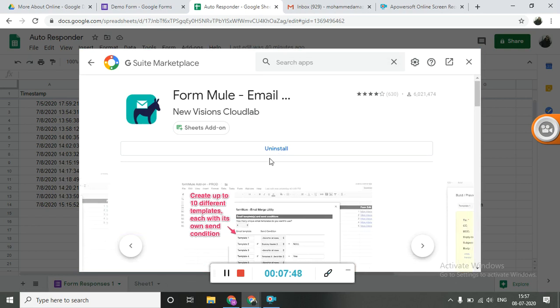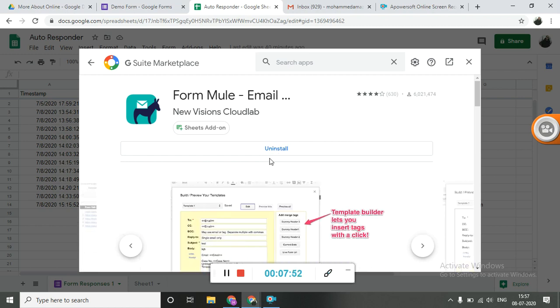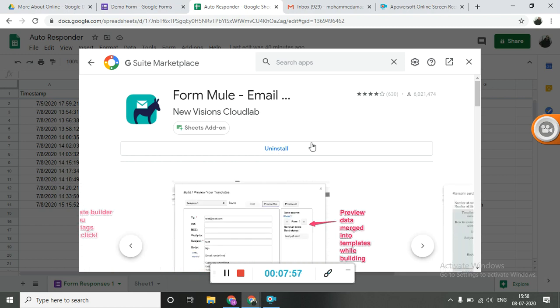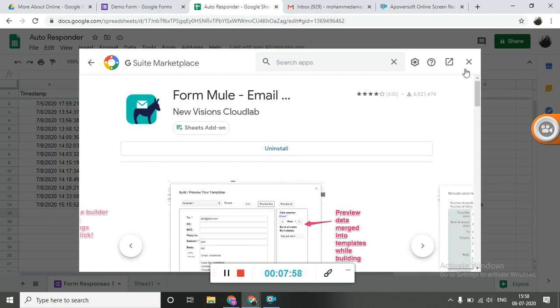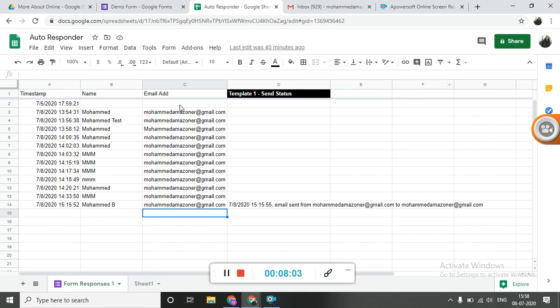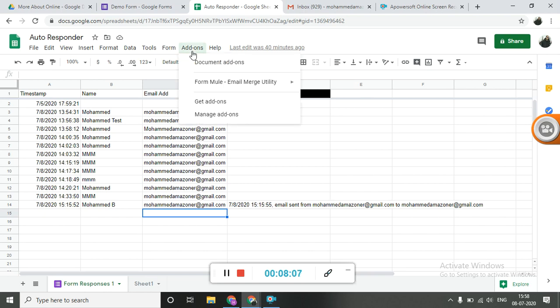Once you click on install, Google will ask for certain rights. You have to give those rights to this extension, and that's it. Then all you have to do is close this window, again click on add-ons, then click on formule email merge utility, open.